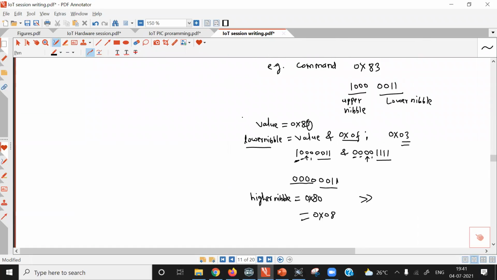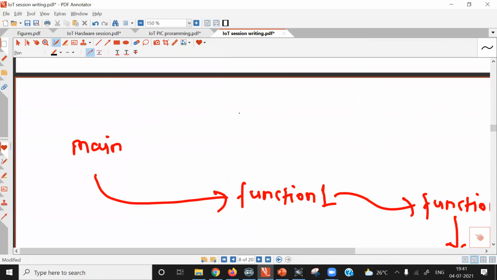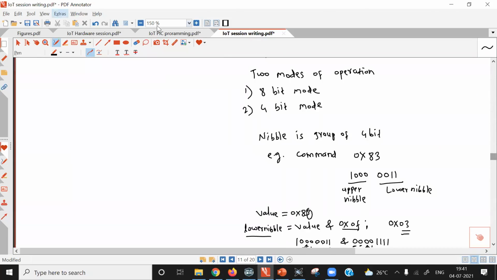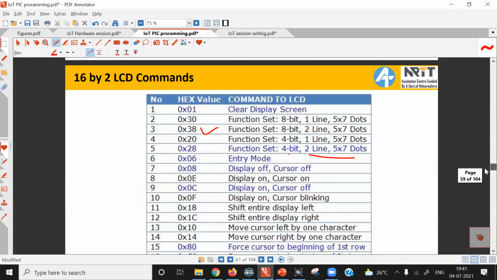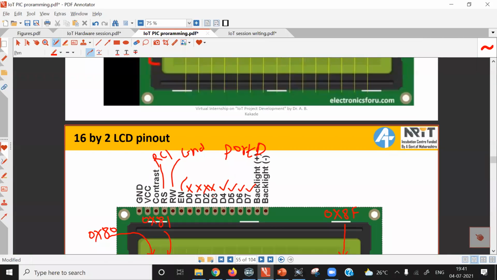If you look at the pinout here, the D7 pin is connected to RD7, the D6 pin of the LCD display is connected to RD6, the D5 pin is connected to RD5, and the D4 pin of the LCD display is connected to the RD4 pin.